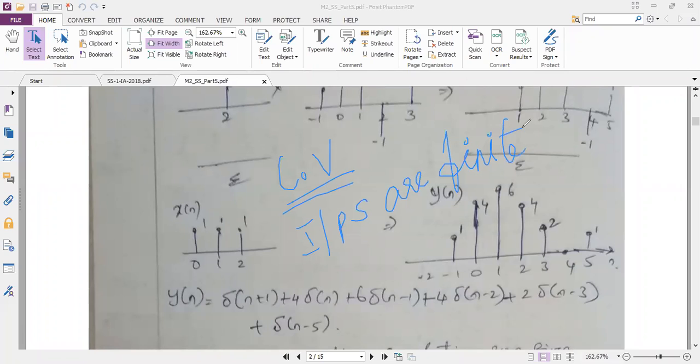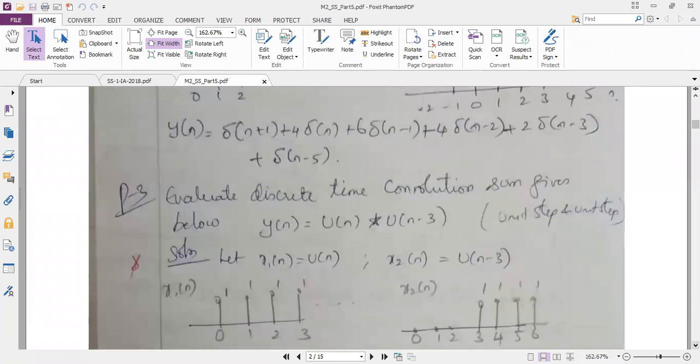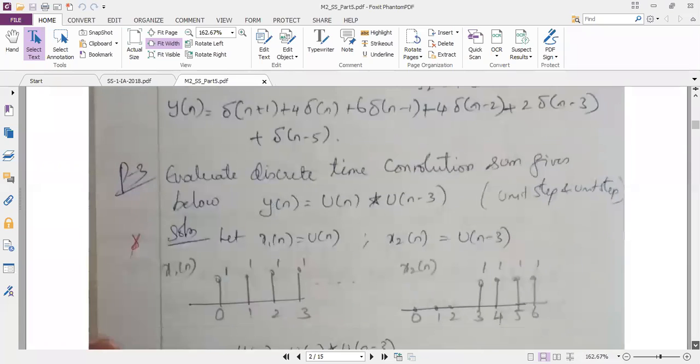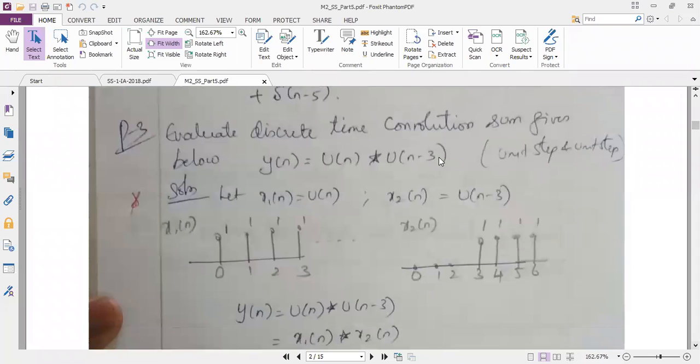So if the question inputs are finite, then the steps are easy, the concepts are easy. You can easily solve it using any method, and you can use verification to verify your answer. Now the next problem I will tell you, if the inputs are infinite, we have to analyze much more, and we have to write the answer. So from here onwards, each and every problem is unique. And I have put a star here. Why? Because I have referred to the question papers. In one or the other question papers, this problem was asked. So those types of problems I have put a star in my notes.